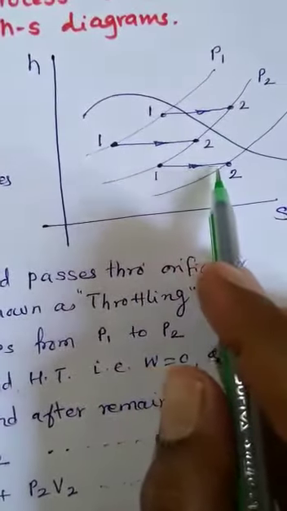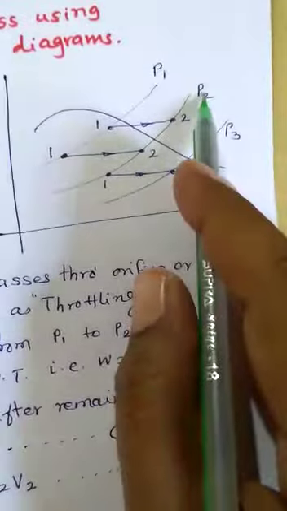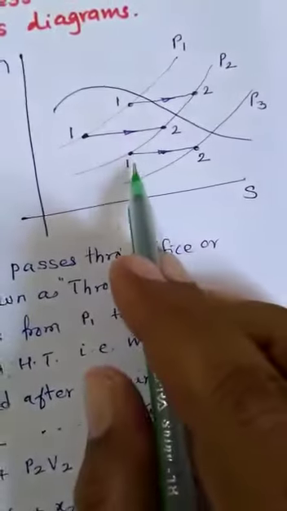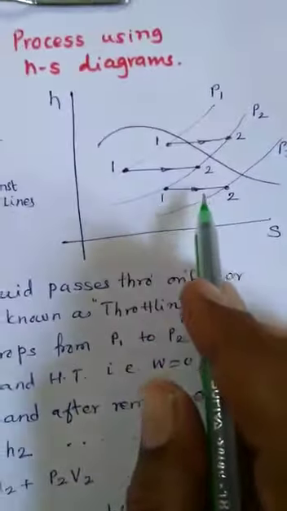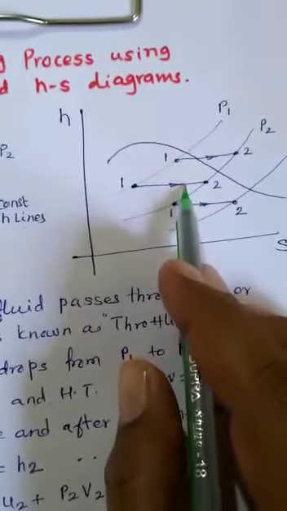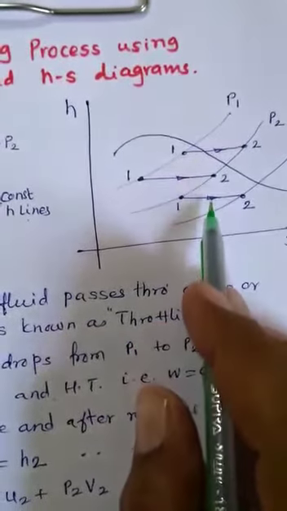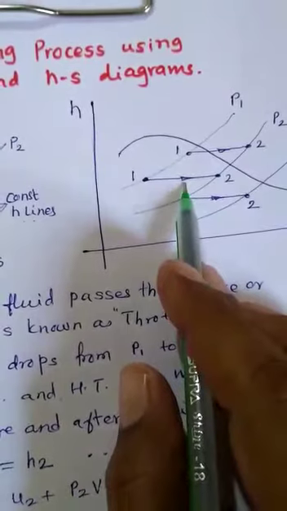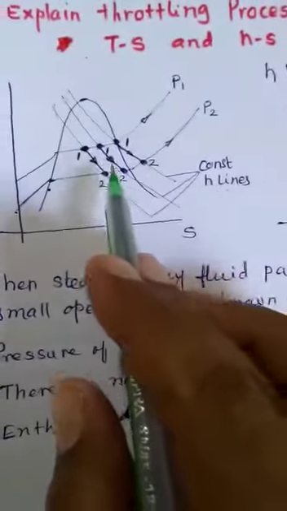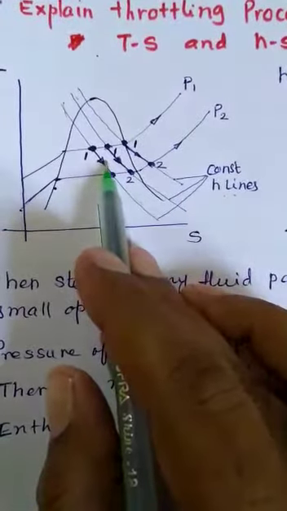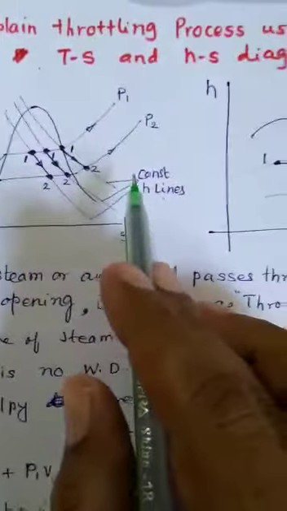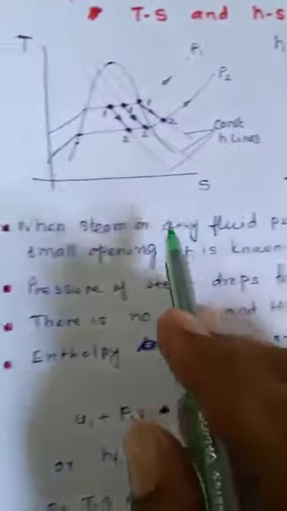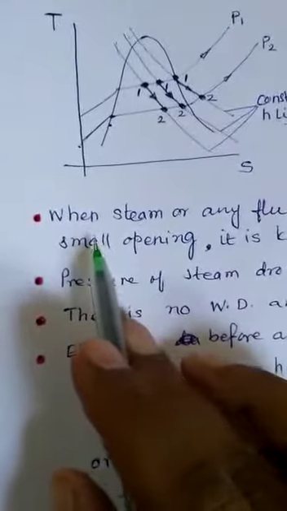Here also, pressure from P2 to P3, again the line is horizontal. So in this way you can show one line, or you can show 2, 3 lines. Even one line can be sufficient in your answer. Here also only one line can be sufficient in your answer, but I have drawn more than one for your understanding. Now understand some of the salient features.